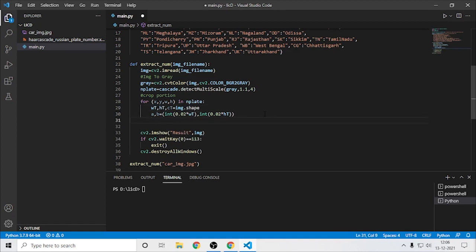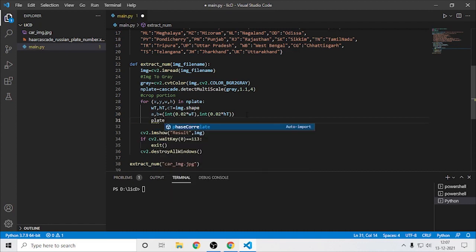So what we are just doing is getting a float value and we are converting it to an integer. So we are multiplying it by 0.02. Okay, and we are multiplying the shape of the images. If you ask, we can also specify directly, but we want to multiply it by 0.2. Okay,